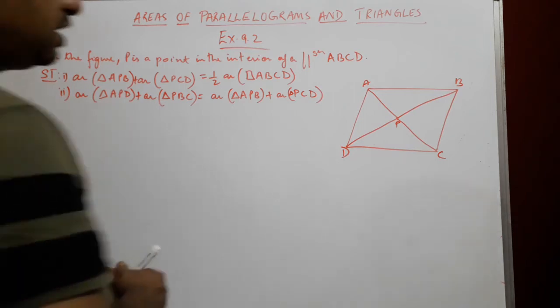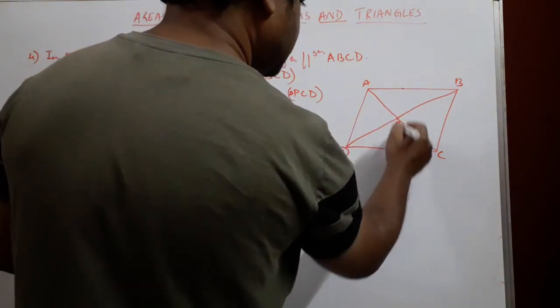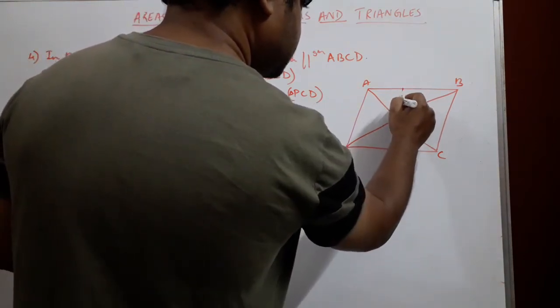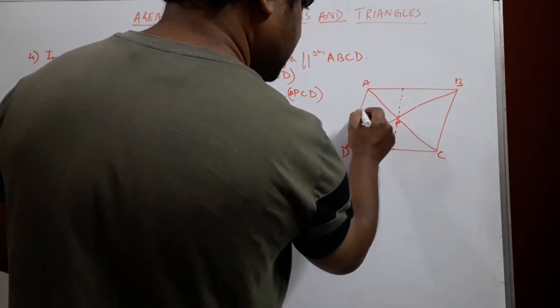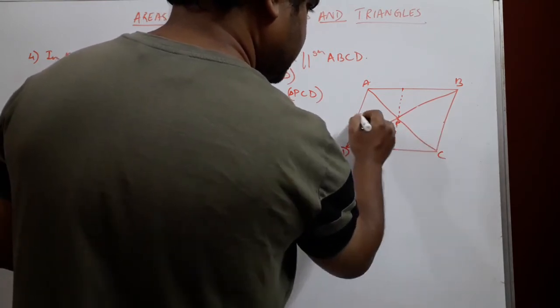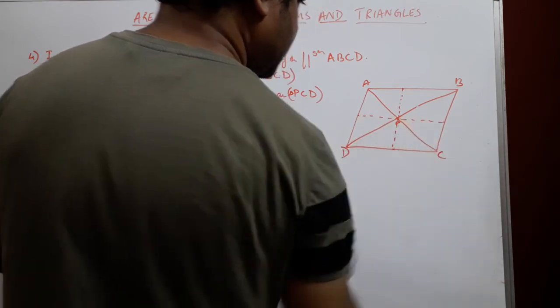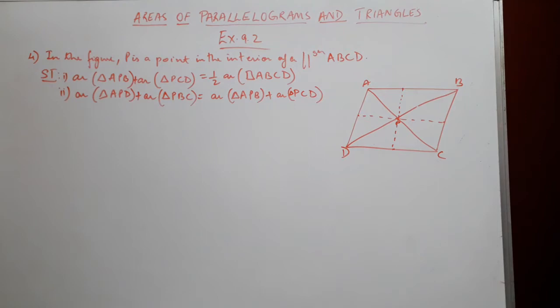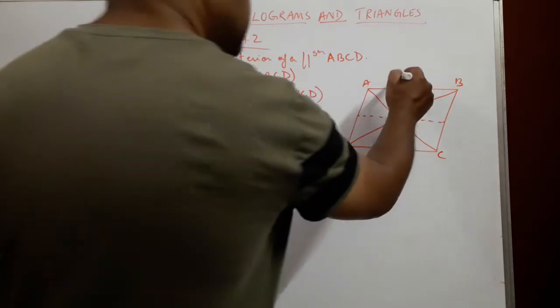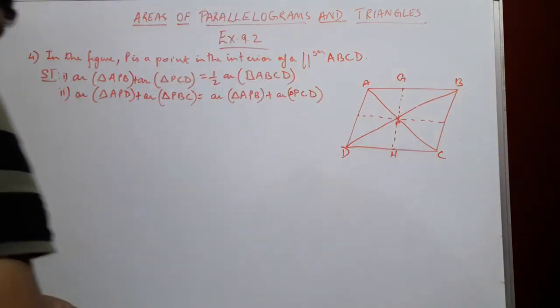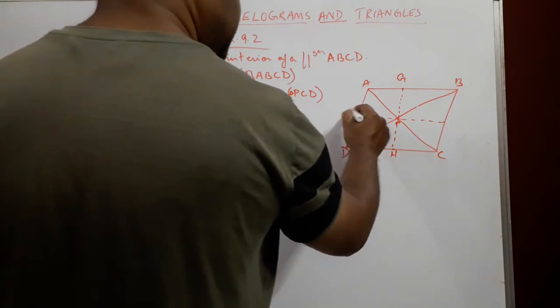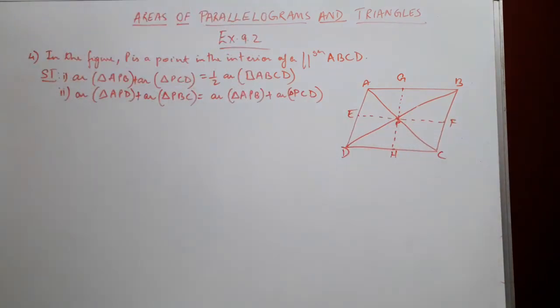So what I'll do is I'll put a point over here, and I'll draw a dotted line from here to here, and also put a point over here, and I'll draw a dotted line from here to here, and I'll make sure that these lines are parallel to the already parallel lines of the parallelogram. We'll also mark this as G, this as H, this as E, and this is F. So now we need to mention over here the construction that we have just done, so that we can use it in solving the proof.